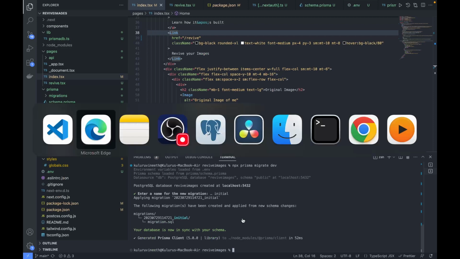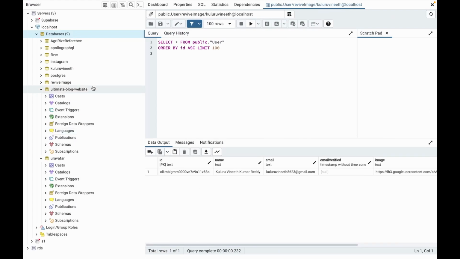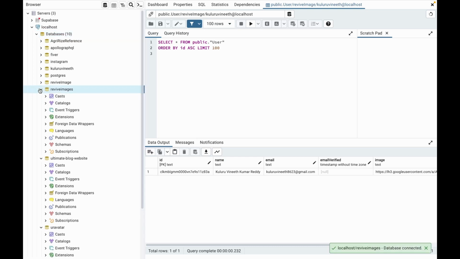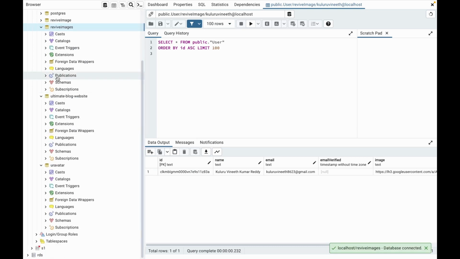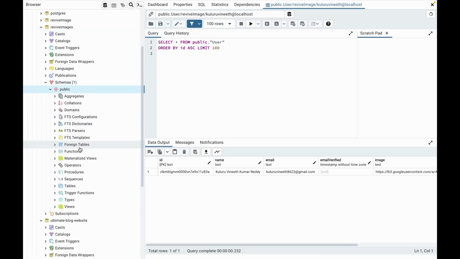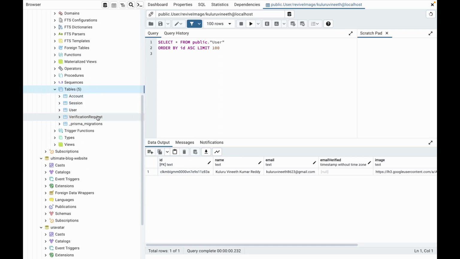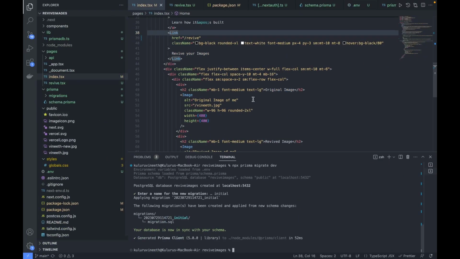So if you go to our PostgreSQL and refresh our databases, you see here the revive images, and if you look at the schemas part and the tables part: account, session, user, verification request. So these were the 4 tables that we had in the model section. So the database is created and tables are also created. Okay, so now heading back to our code base,